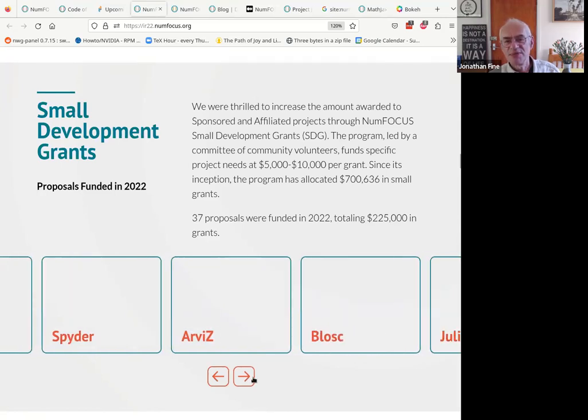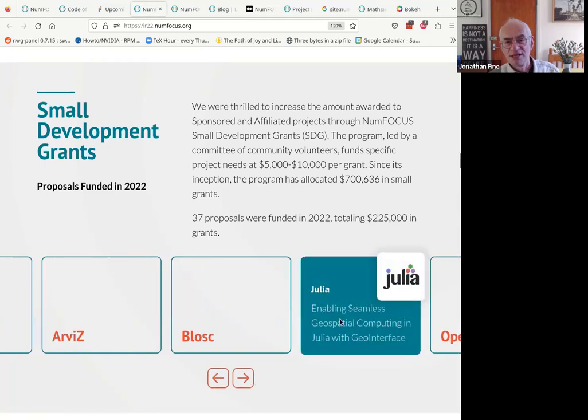So we're going through the B's, BLOSC and Julia. And Julia enables seamless geospatial computing in Julia with the geo interface. So Julia must have people who are already doing this sort of computing, but it's got seams and lumps and bumps in the road. And they want to have an interface that allows this computing to be done in a